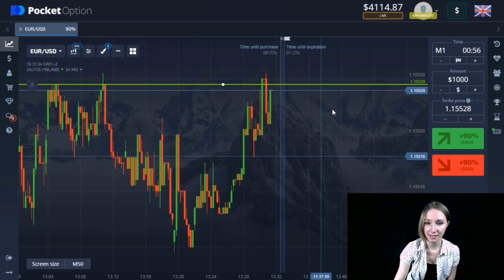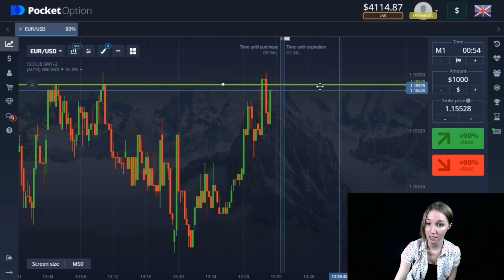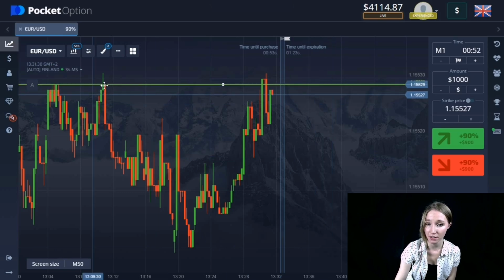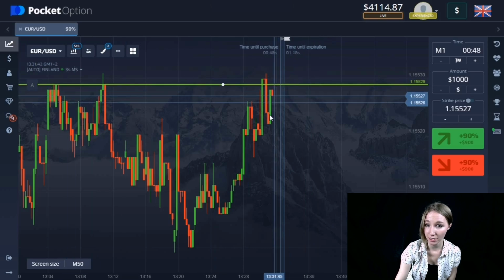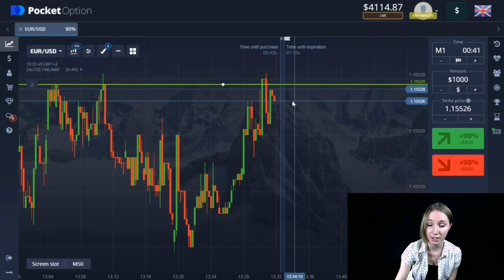Here we can see the resistance level. Also we can see that the price has touched this level several times, and after that it rolled down. And now at the moment the price is coming up to our level again and starts to stick to it. We can also notice that the price minimum is getting higher and higher, and I think that very soon this